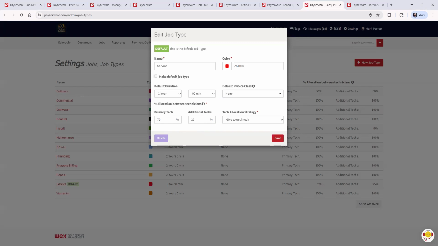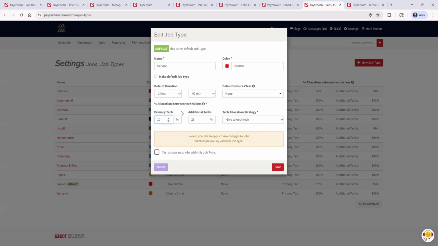And the example scenario, if I want to give, let's say, a commission, I've got my field technician, Dustin. I want to encourage him to sell more. And we're going to give Dustin 10% of the sales that he's working on for his jobs. What I could do is come in here and set 10%. And maybe I also want to give any additional technicians who go and help on the job, let's give them,